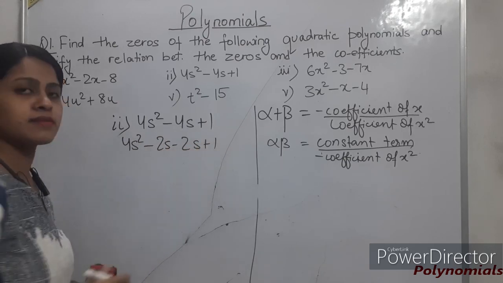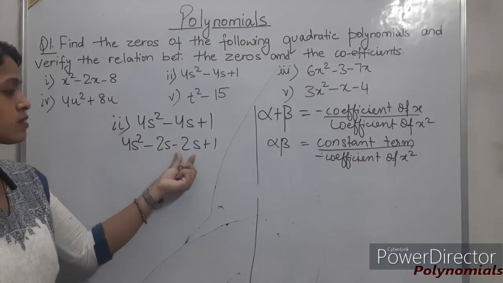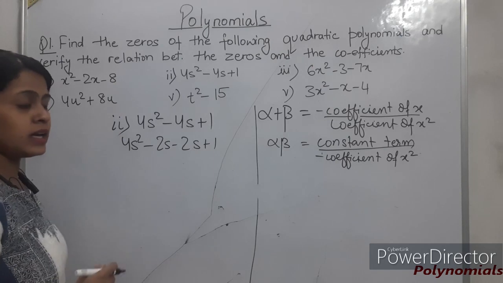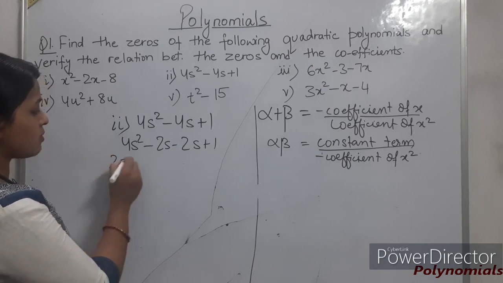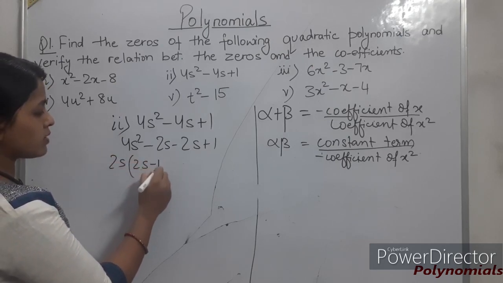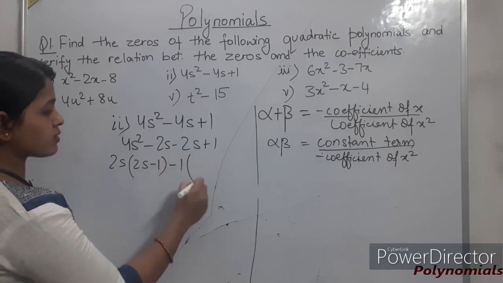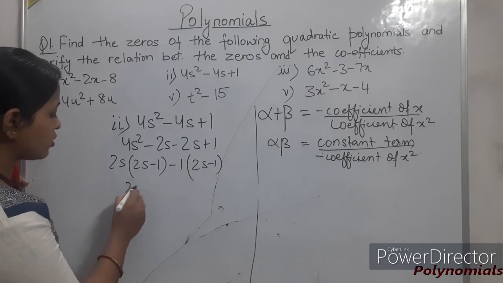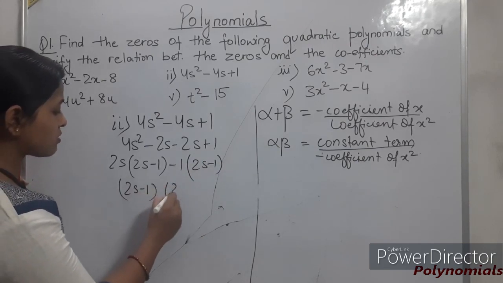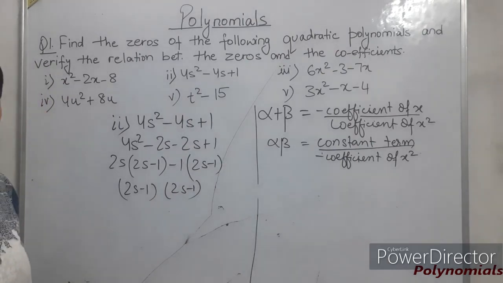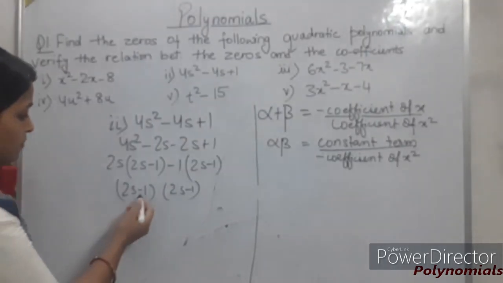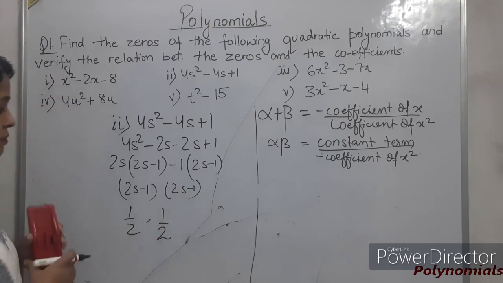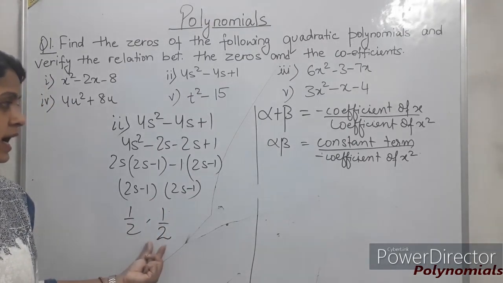We can write it like minus minus, okay? Minus 2s, when we add together it becomes minus 4s. Now again we have to take 2s. We can take here 2s as common. Now we can write it like 2s minus 1, and here we have to take 1 as the common. Again 2s minus 1. So what we observe is that 2s minus 1 and 2s minus 1 is our required solution. So what are the zeros? Here we can say that 1 by 2 and here also 1 by 2. So alpha and beta both are the same, 1 by 2 and 1 by 2.